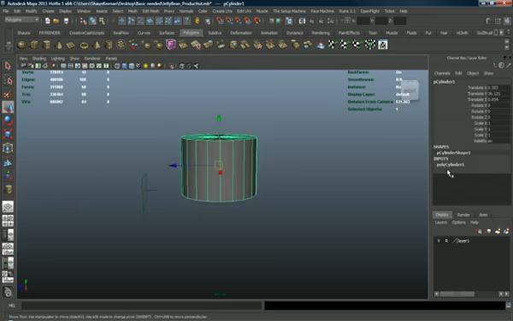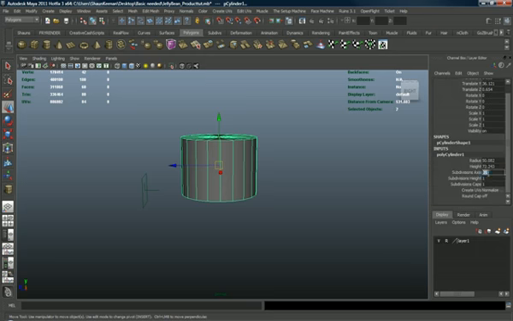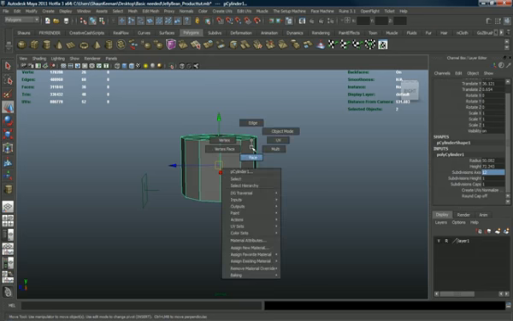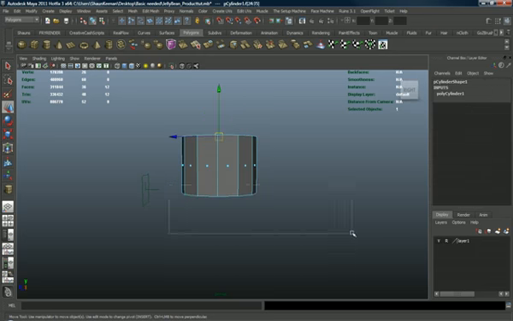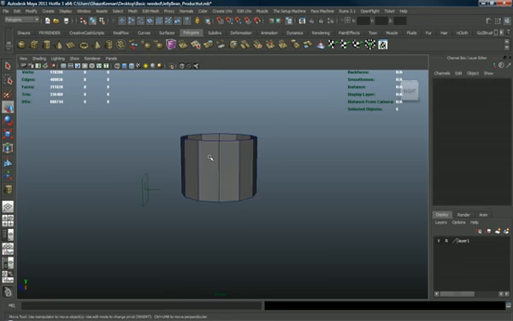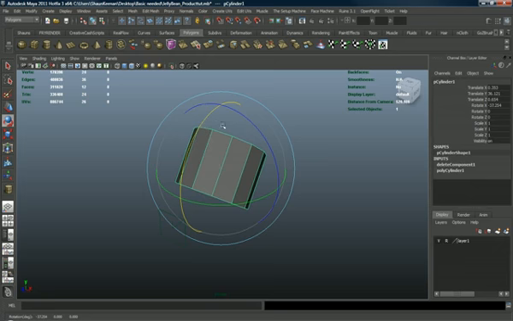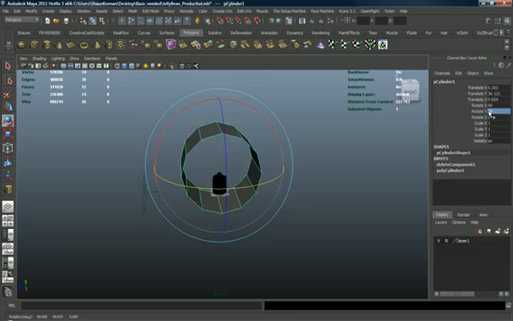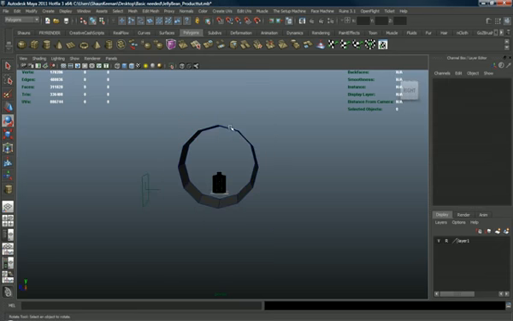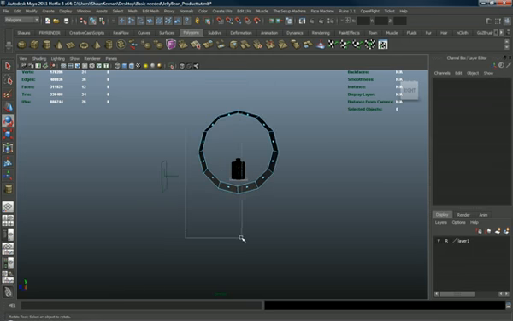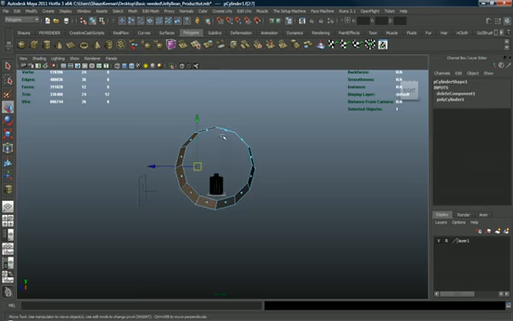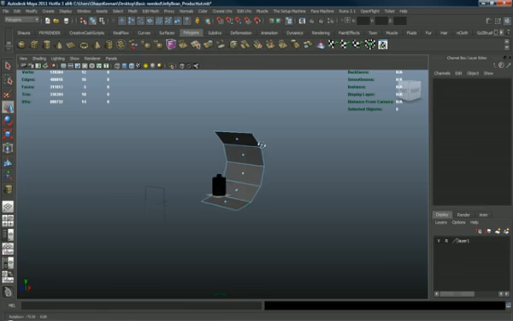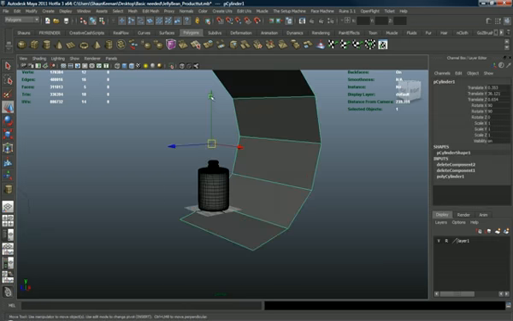Scale it up a little bit, come over here to the attributes for it and type in 12. Now we're going to delete the top and the bottom, and then rotate this 90 degrees, and then another 90 degrees. And then we're going to delete a good half of it, so it looks like this. Then what I want to do is bring this up,